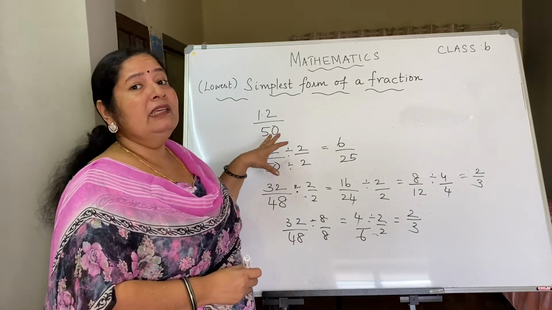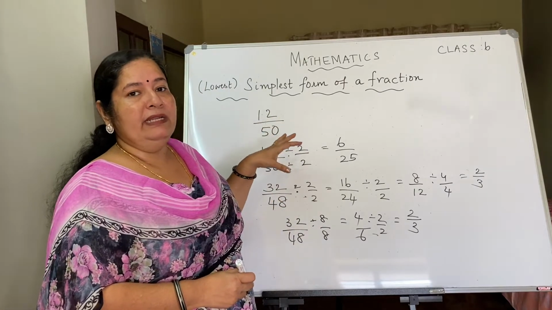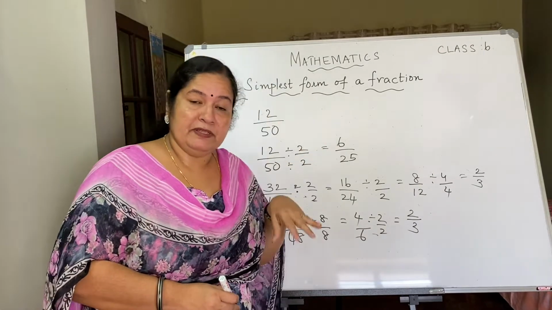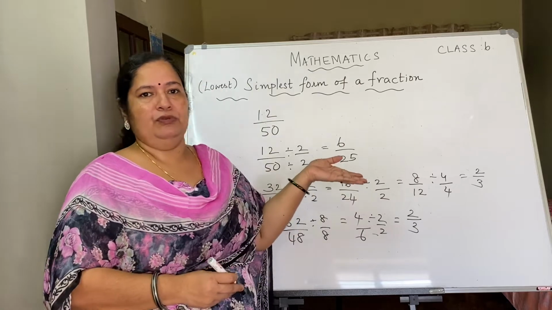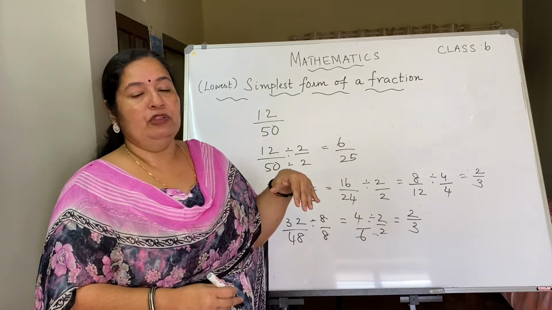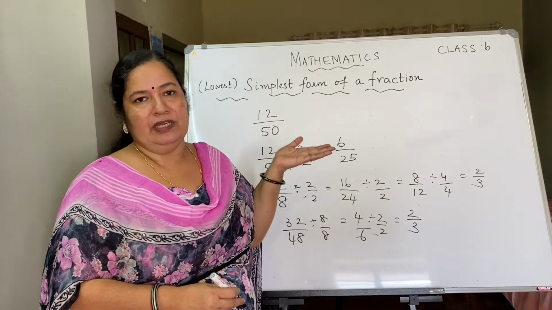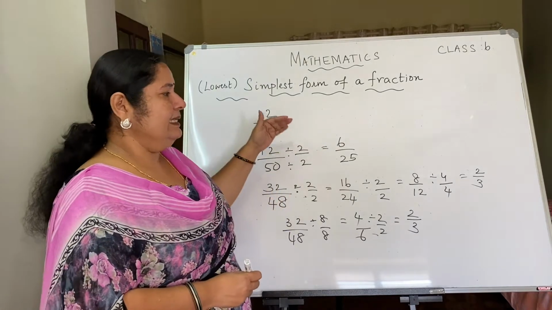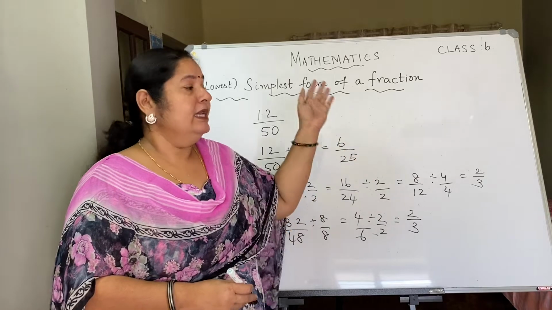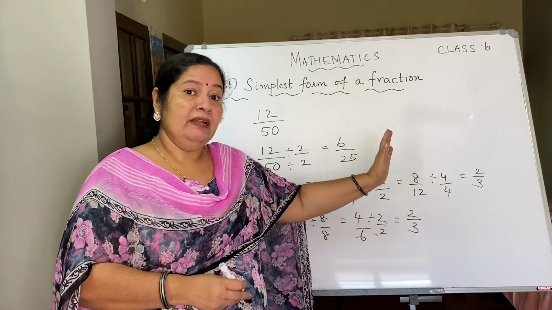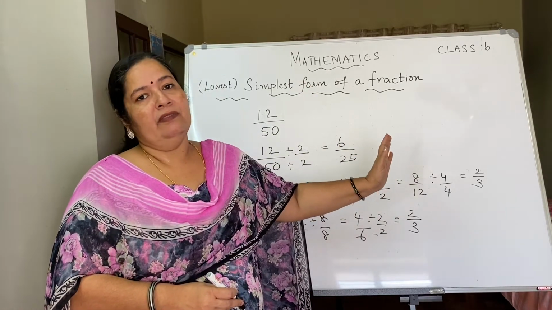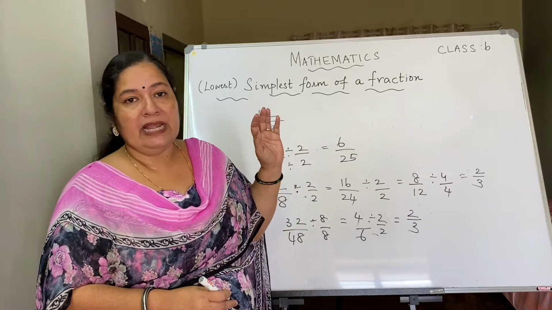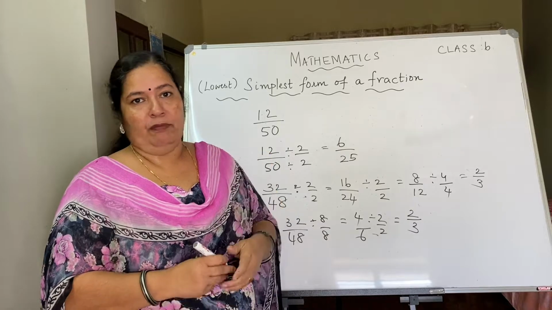So here we are taking into consideration one more concept, the divisibility test. You see the numerator and denominator, the divisibility test for each number. Whether both of them are divisible by 2, okay, then we will do the division by 2. If both of them are divisible by 3, we can go for the division with 3. Is it divisible by 5? So in that case, step by step division we are doing, till we reach a particular point where the numerator and denominator are co-primes. That means they are having only 1 as their common factor.